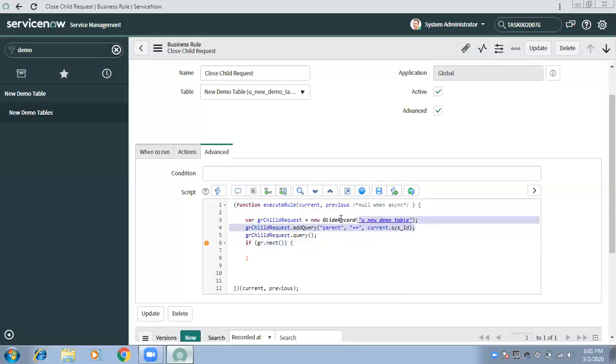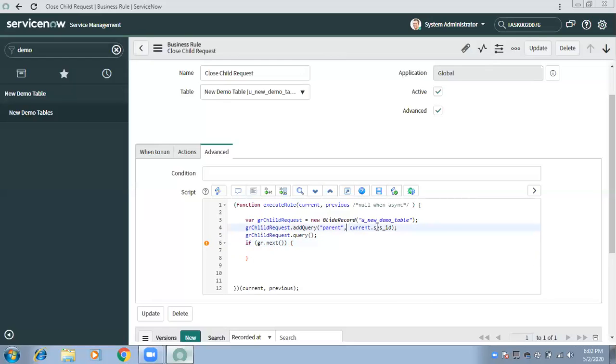So in addQuery, the third parameter is the operator. Let's say a scenario comes where you need to query the records where the parent is not equal to this. You will have to write it like this, to get the records where the parent is not the current record which I am updating. In between you can write the operator, but in case of an equal comparison it's not mandatory.